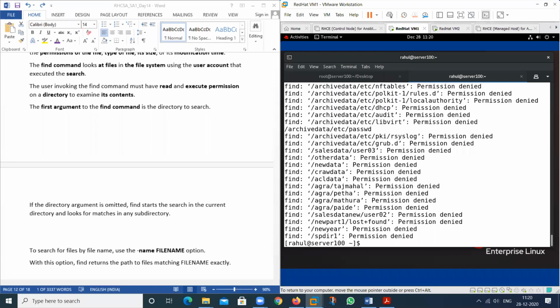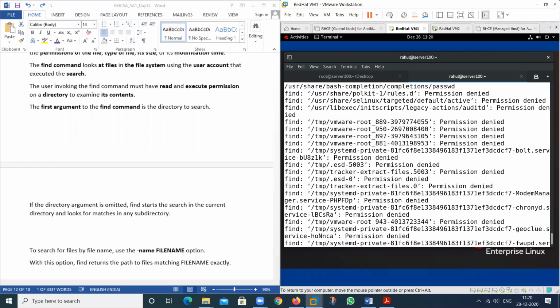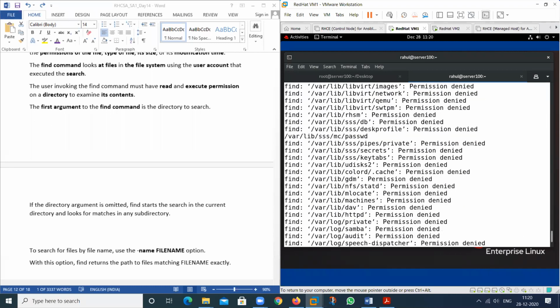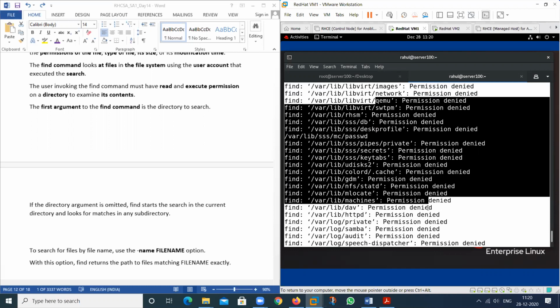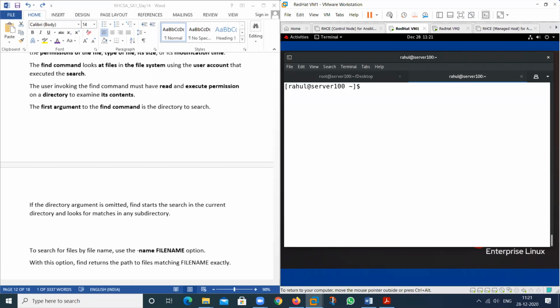It also searches the result, but gives me more and more errors because there are a lot of locations where I don't have any permission. So this will give me the permission denied error. So this will show me a lot of errors. So you can see here, this one.